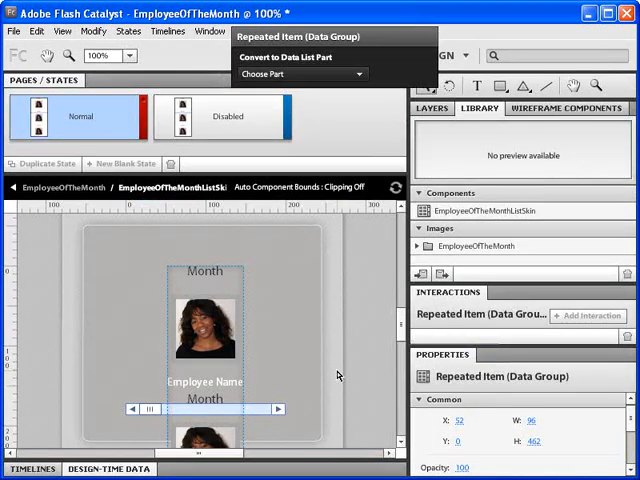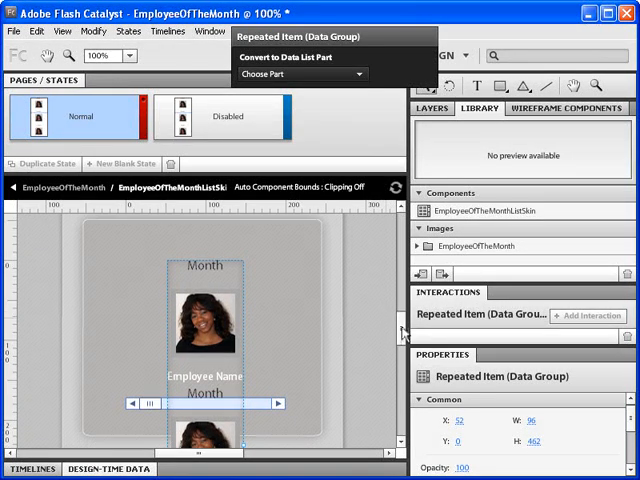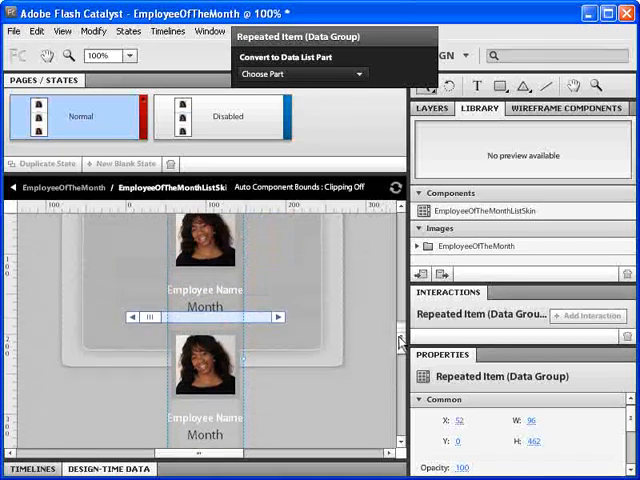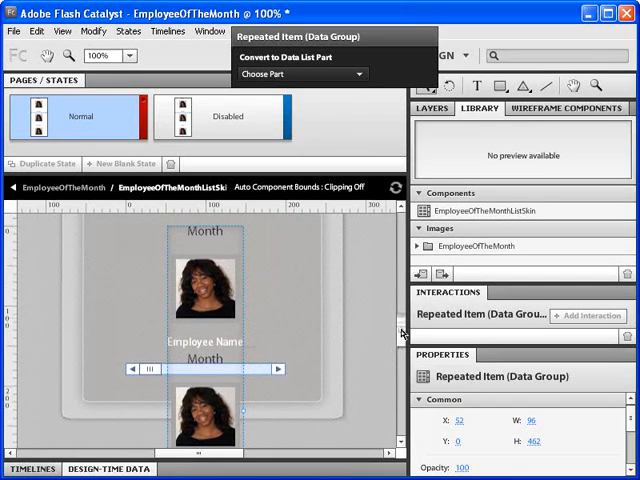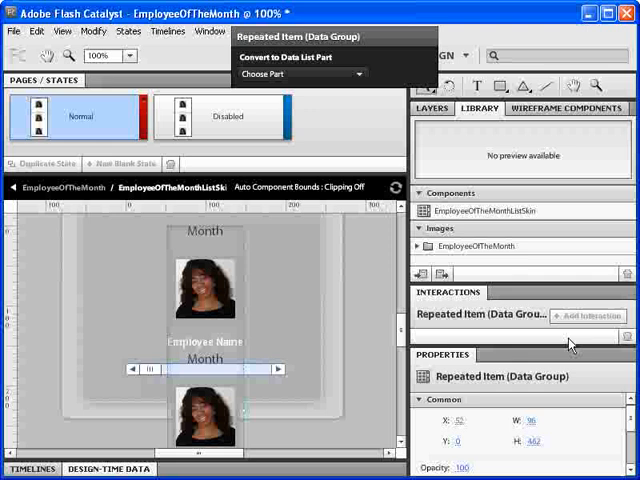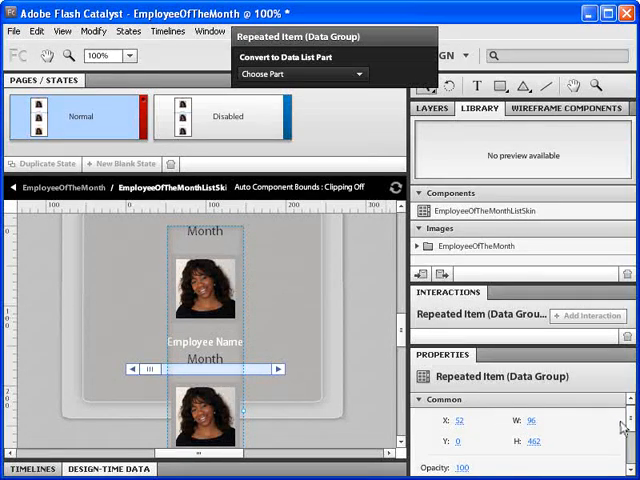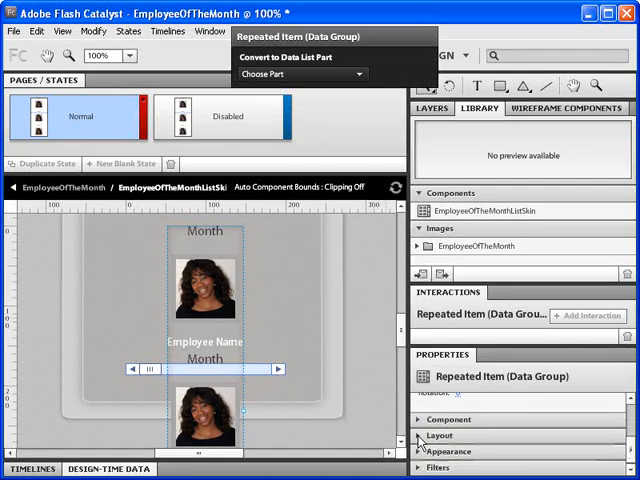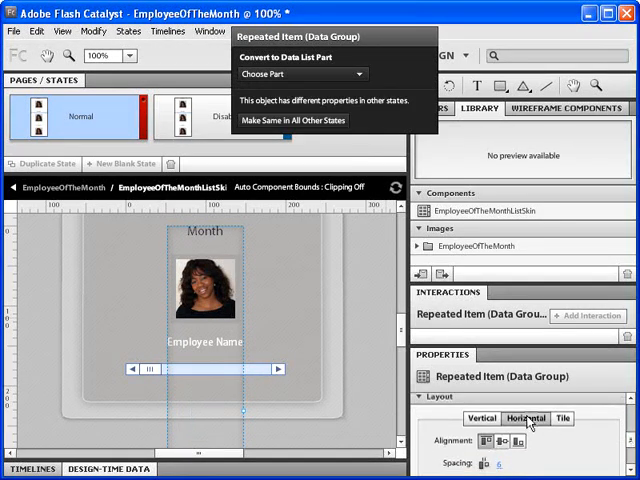On the artboard, Flash Catalyst has created 3 visible instances of the repeated items stacked vertically. I want them laid out horizontally, so I am selecting the Properties panel and then expanding the Layout section to select Horizontal. You can only see one repeated item because the repeated item dimensions are too small. I will fix that in a minute, but first I want to make sure that the data list component is